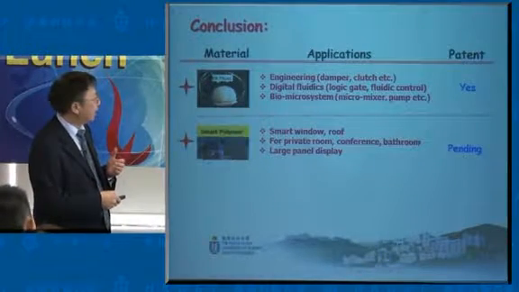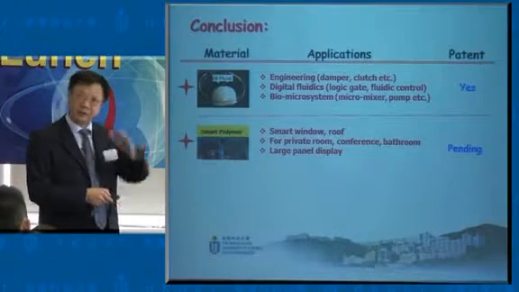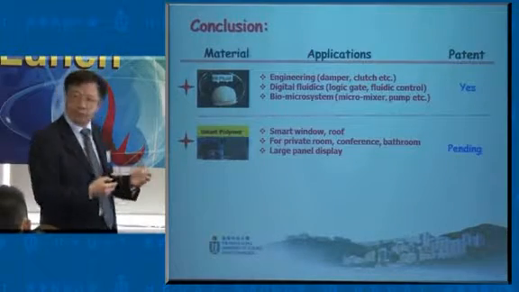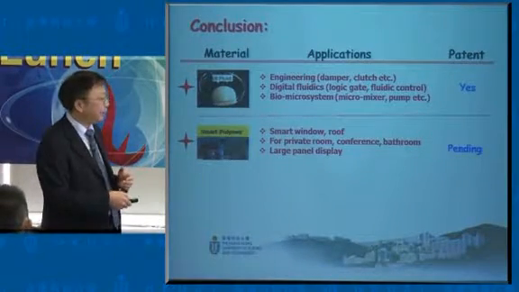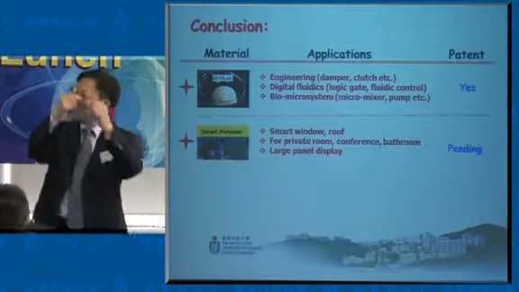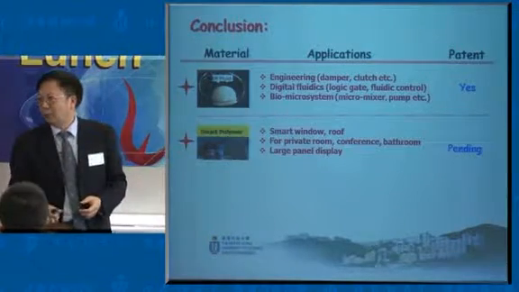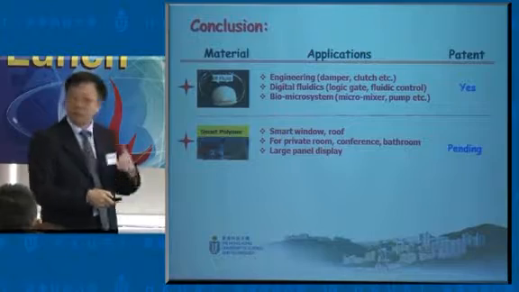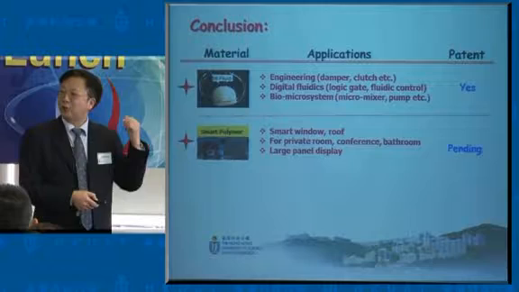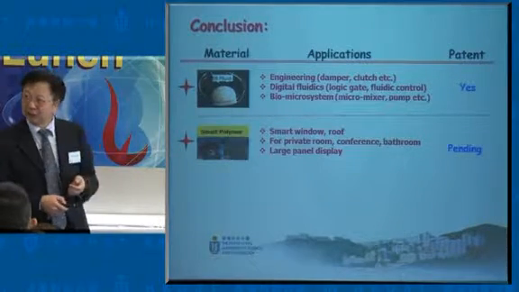And next one is smart polymers. What are the applications? Smart windows, smart roofs, and you can also construct a private room, a conference room, and a bathroom. Some hotels have a glass window in the bathroom, but you have to close your bathroom, otherwise some guys will watch you, right? That's a problem. However, you can change your bathroom windows. You just turn on your electric field or voltage,